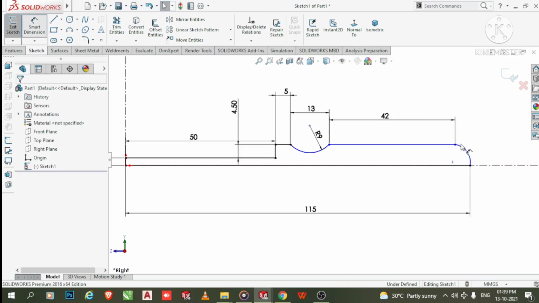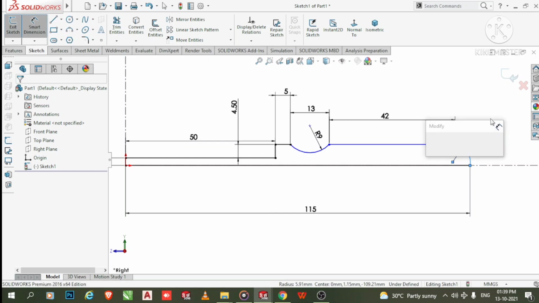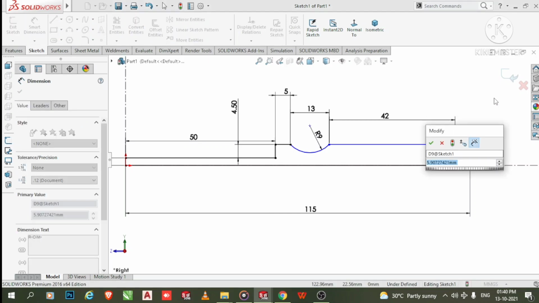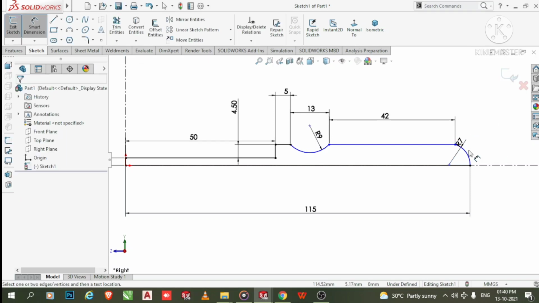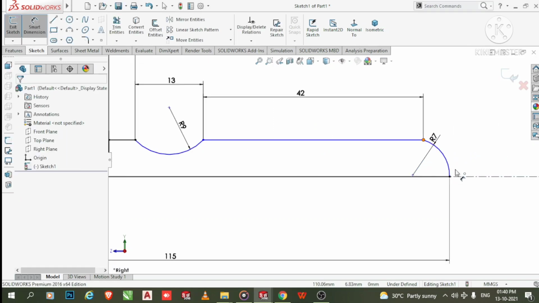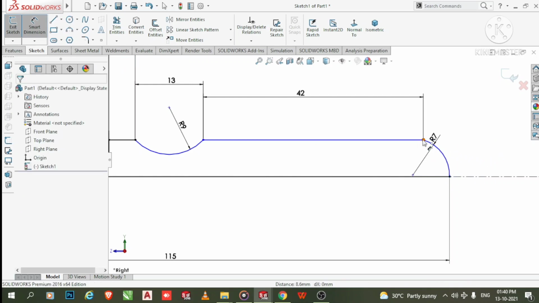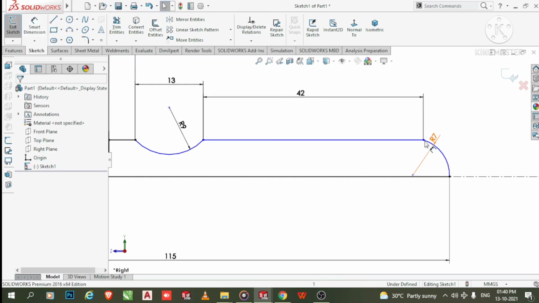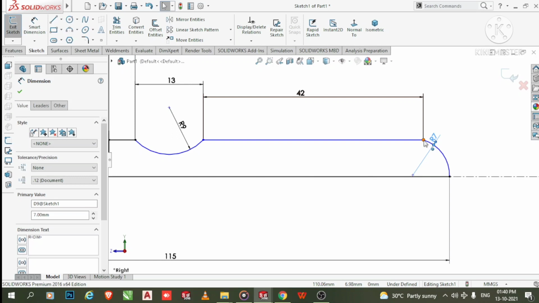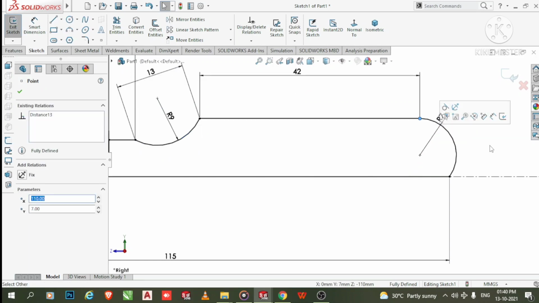Now go to the smart dimension and make it radius 7. And select this point and this point, this will be also 7. Select this point, make sure it is tangent. So select this point and make it tangent.